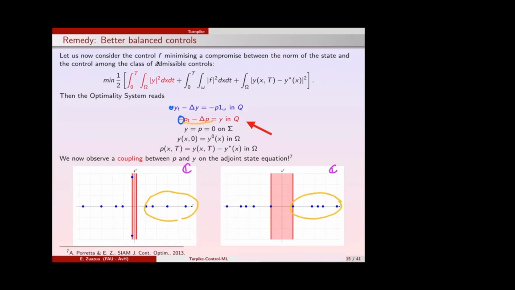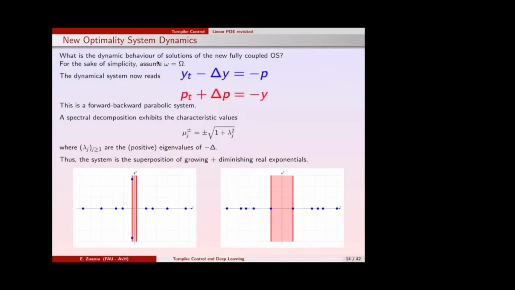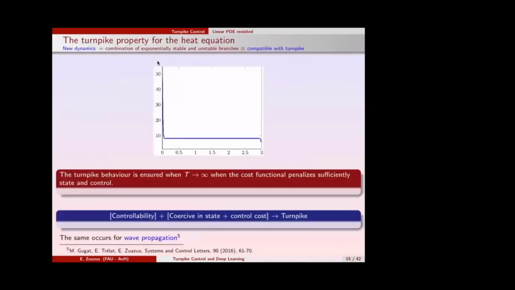This is the one corresponding to the adjoint. And the other one that is stable is the one corresponding to the heat equation, which is evolving in the positive sense of time. And it's the fact that the two of them are present, like in this explicit computation you can do when small omega is equal to capital omega, which guarantees that you have the Turnpike